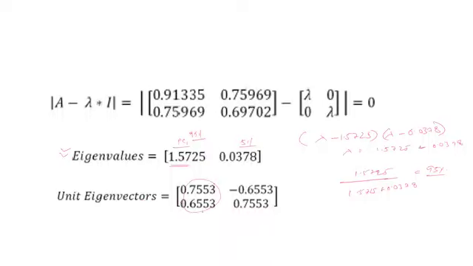By substituting these eigenvalues, you are calculating this eigenvector. Now, what is this eigenvector? You have two variables, x and y, right? Principal component 1 will use these eigenvectors to generate the values. How does it generate the values? Just think of these as the weights assigned to each variable. Let's suppose this is the weight this principal component has assigned to variable x, and this is the weight it has assigned to variable 2, or y.